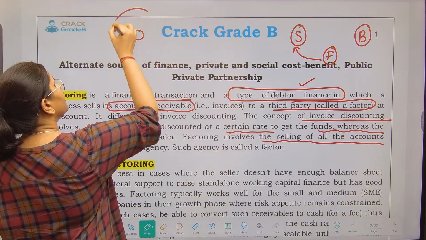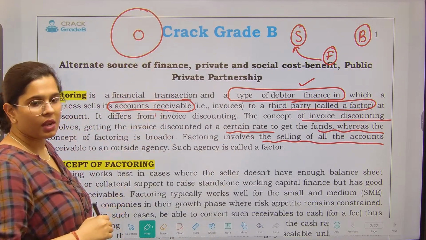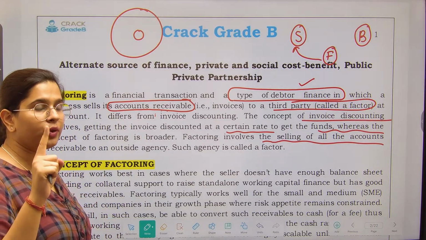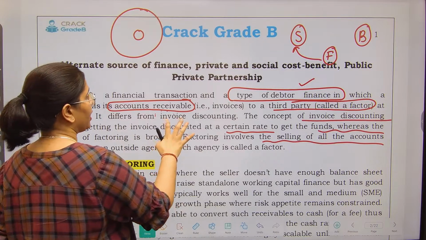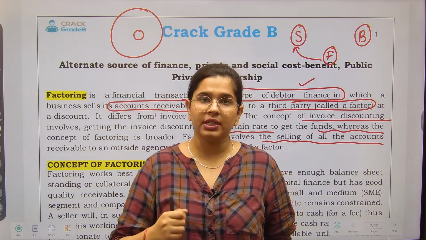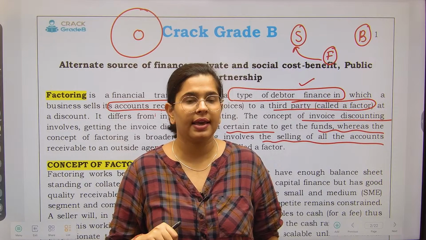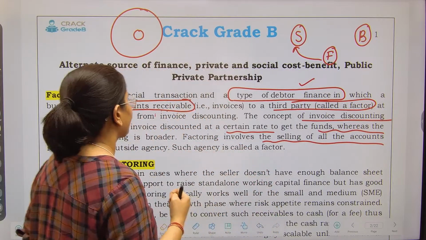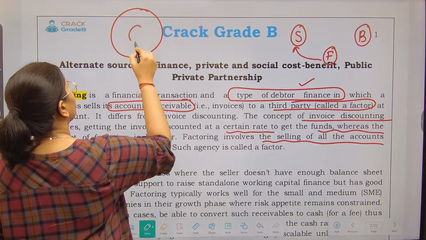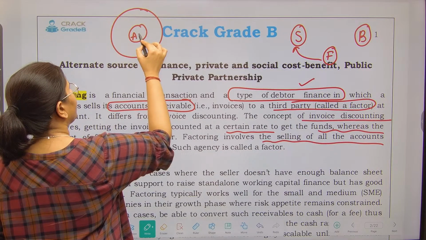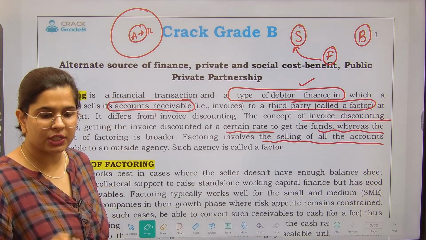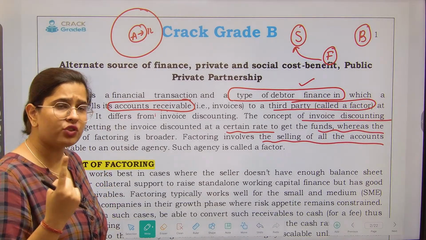See, this is the diagram. Okay, when you discount just one invoice, right? When you discount just one invoice, that is called invoice discounting, right? Means you are taking discounting transaction by transaction. ठीक है, suppose there is a buyer, Mr. A. I made a sale to him for 1 lakh rupees, right? I want to discount this particular transaction. So this is just one transaction.